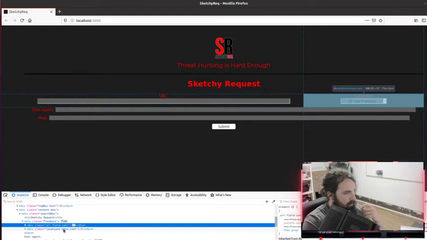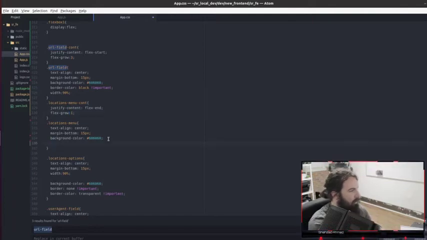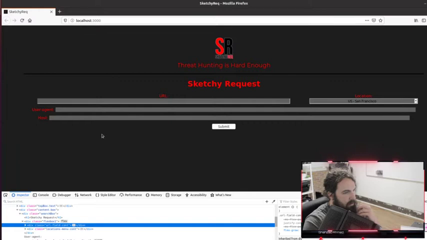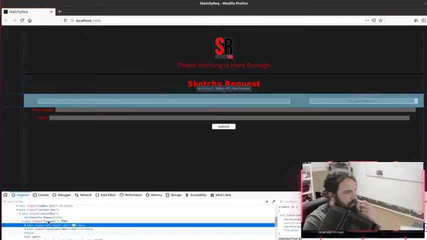Let's see what I want to do with this. So the location, I guess I could just stretch the field and see how that looks. I'm just so not a designer. I know you guys are shocked at that. But, oops. See how that looks. That looks a little better, but it's still ugly.